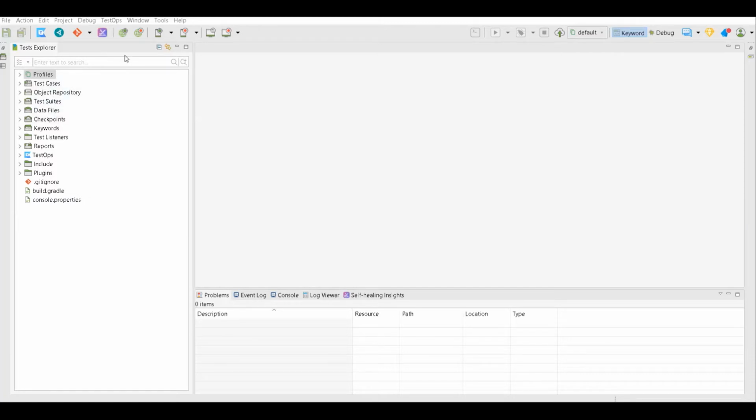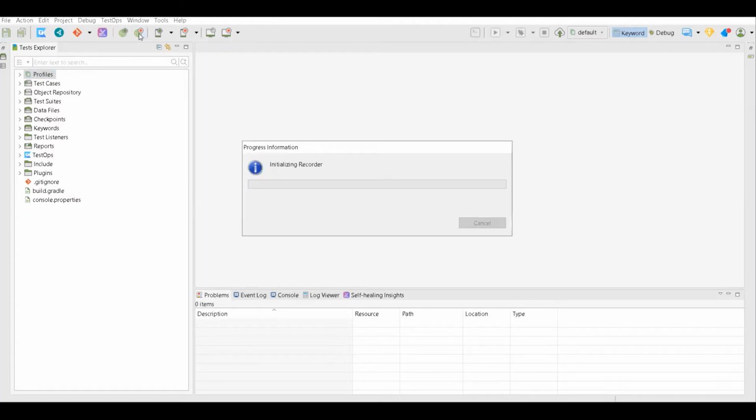So now you can see there are some icons here which we were not using in API, but now we can use. So for mobile, you can use this one. For desktop, you can use this one. And for web, these two are needed. Like one is for recording, second is for finding XPath, etc. But for finding XPath, we already know Selectors Hub, right? So we can ignore that. But let's start with this. Okay, record.